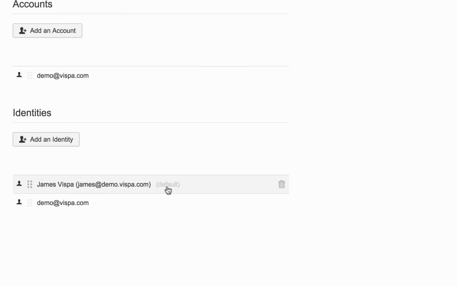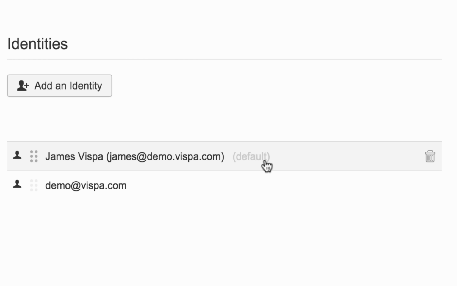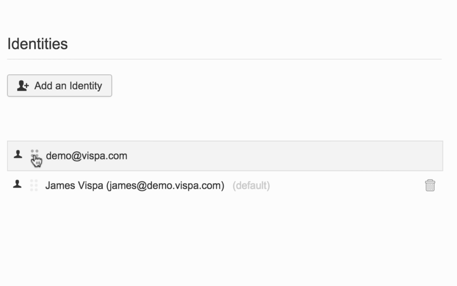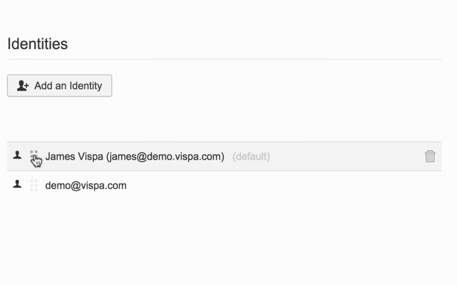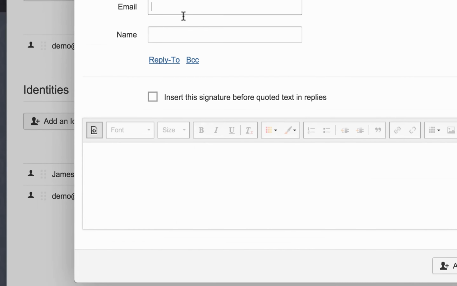You should note that the top one, where it says in brackets default, is the default identity. You can reorder the identities by clicking the 6 dots and just dragging them around. It's preferential to put your new identity at the top, so when you send an email it automatically chooses this identity. If you want to add another identity, for example